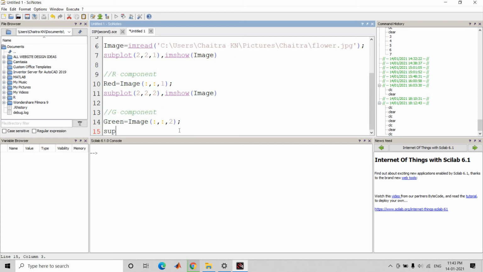Next we have to display the green component extracted from the RGB image. That is subplot of 2, 2, 3, which means we are displaying the green component in the third block of the divided blocks. So imshow of green.